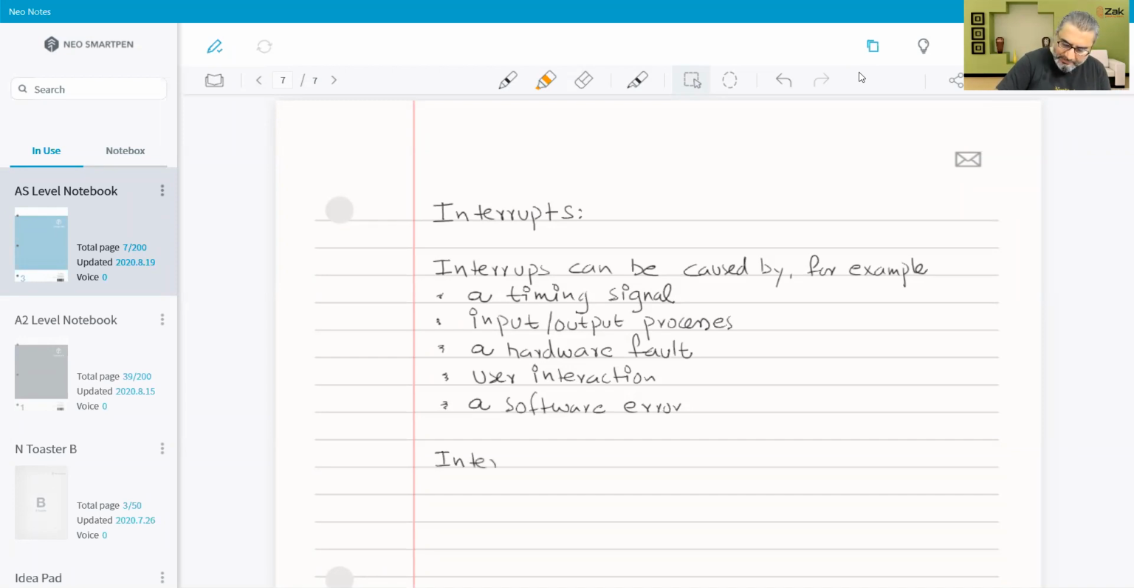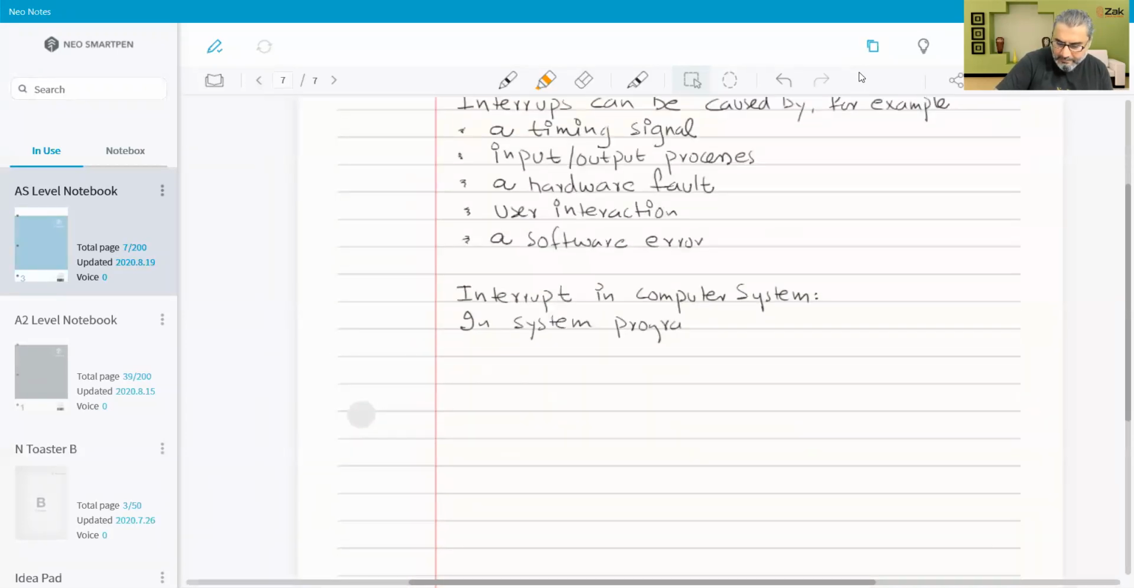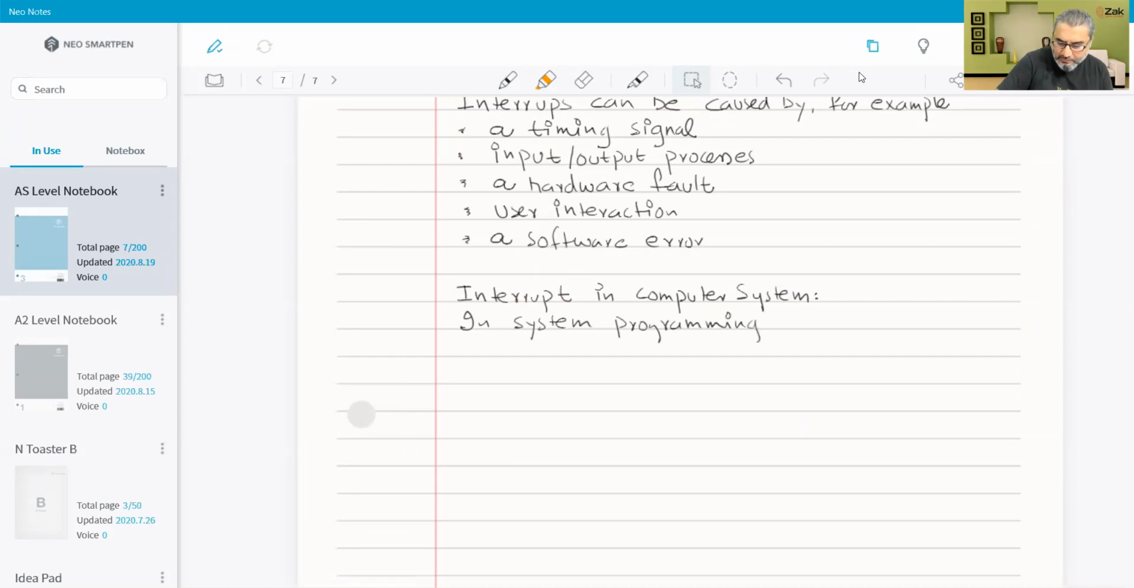So, interrupts in computer systems, in systems programming. What is system programming? When we write programs related to the operating system, it is system programming. An interrupt in system programming,